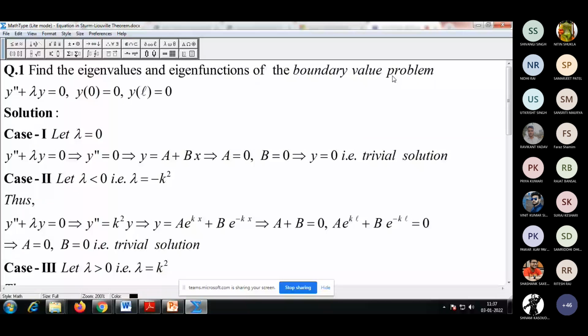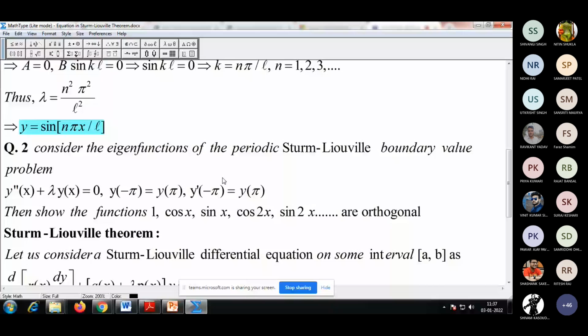Similarly, another question: consider the eigenfunctions for the periodic Sturm-Liouville boundary value problem y double dash plus lambda y equal to 0, with y of minus pi equal to y of pi and y dash of minus pi equal to y dash of pi. So again, we have two boundary conditions and one differential equation. So we will go for the